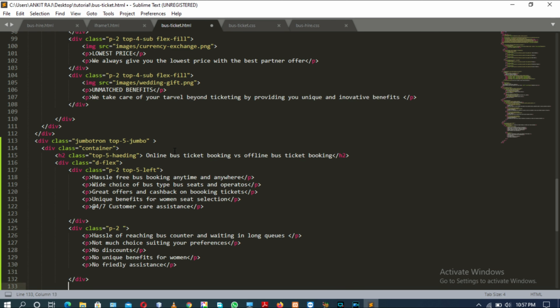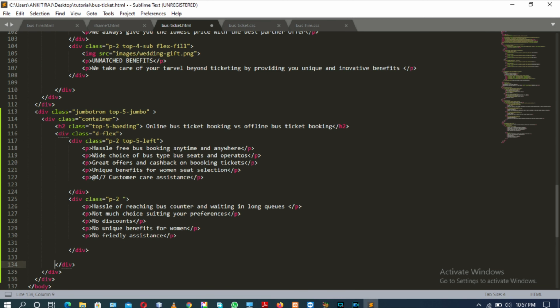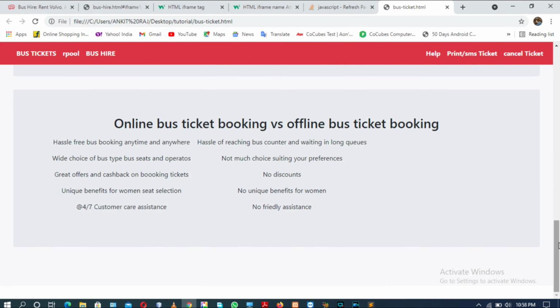Now close this div tag 2 times, actually 3 times. But why is it closed 4 times here? Okay, save it and see the changes first, because it is necessary here. By scrolling down the page we can see our content is visible, but the orientation is not correct.